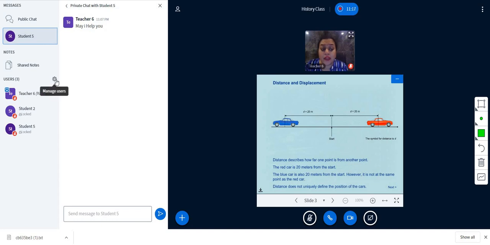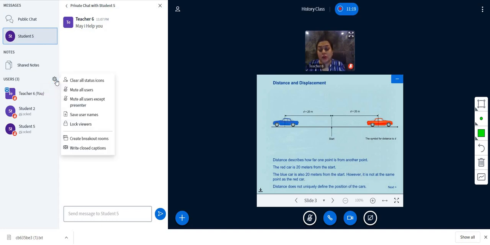But if you feel that you want to have the controls with respect to all the students at one go, here we have got a setting symbol or manage student symbol. When you click on it, whatever the activity that you do over here is applicable to all the students. If you want to mute all, everybody would be muted. If you want to unmute all, everybody would be unmuted. But the disadvantage of muting and unmuting over here is student has got the capacity of unmuting himself even if you have muted him under this particular category.